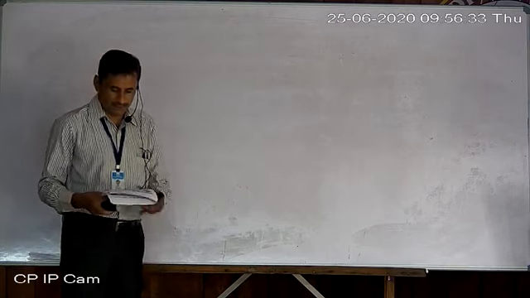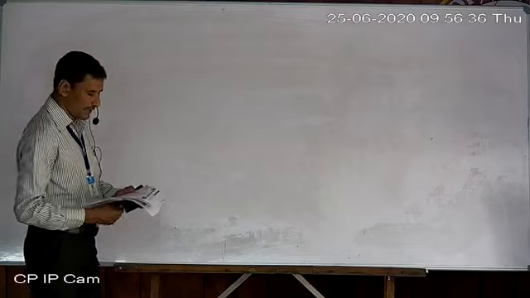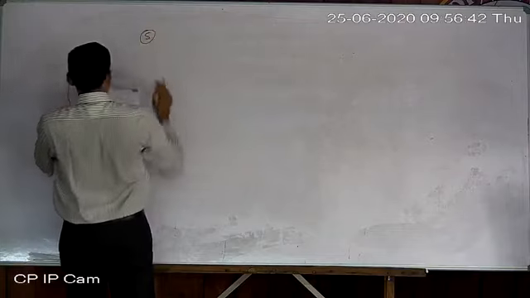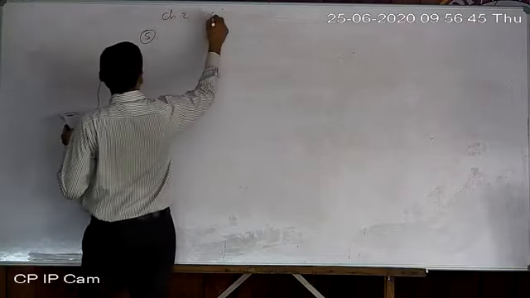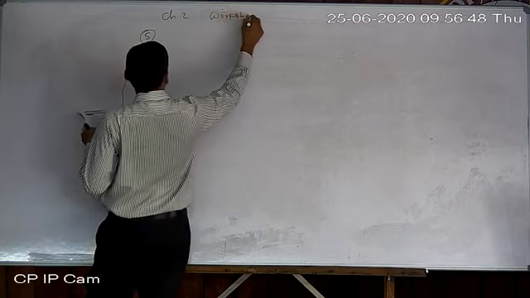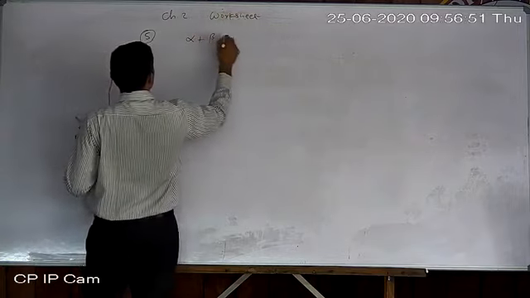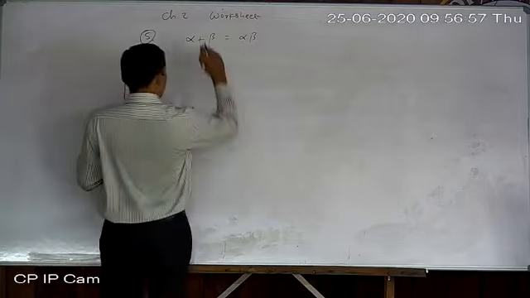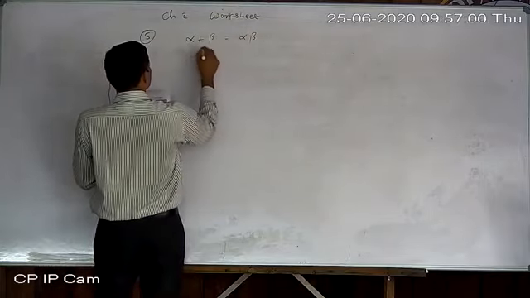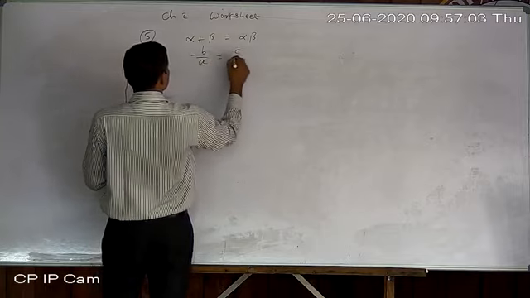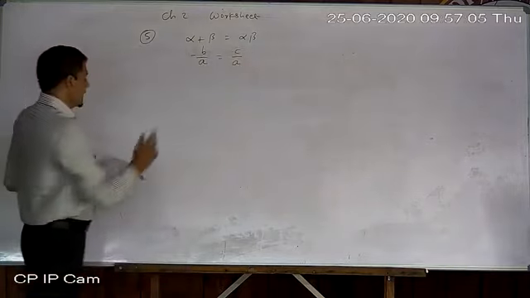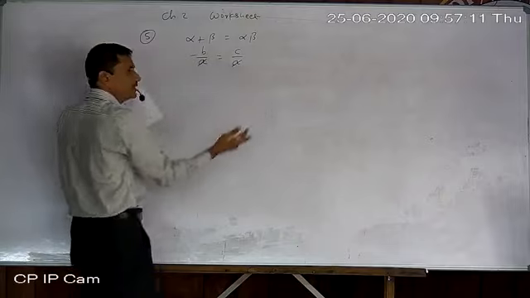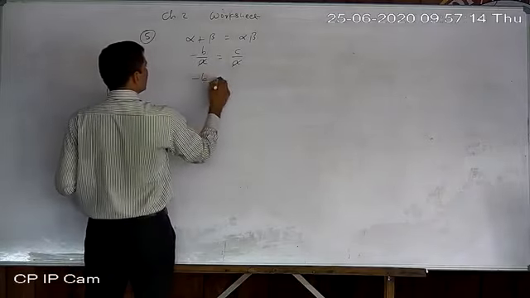Number 5, again, the sum of zeros and the product of zeros of the polynomial are equal. So they are telling that alpha plus beta equal to alpha beta. Sum and product both are equal, and the equation given we will write later on. So this is minus b by a, and it is equal to c by a. Now a cancels; in this way, on opposite sides the numerator or denominator can be cancelled. So what is left? Minus b equal to c.